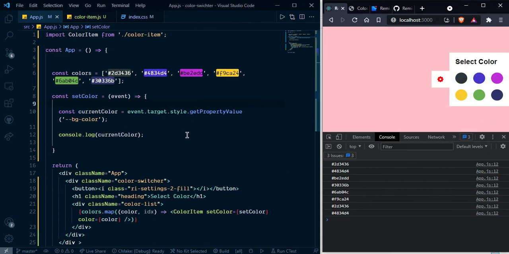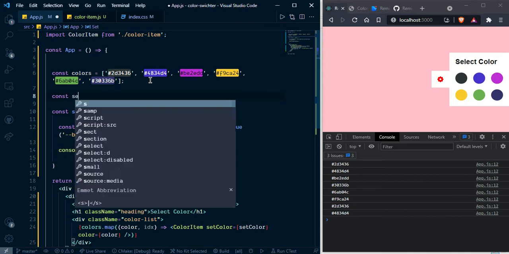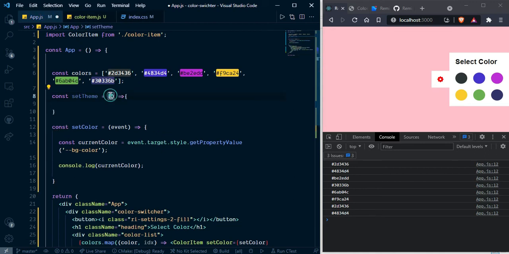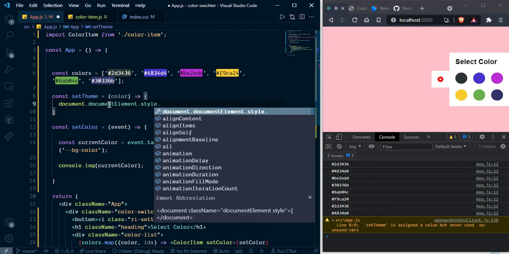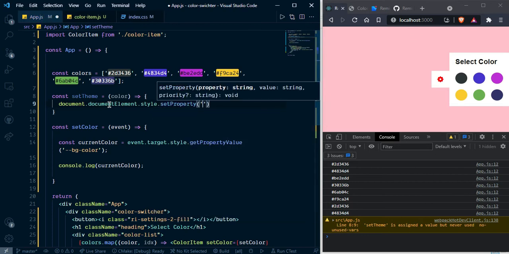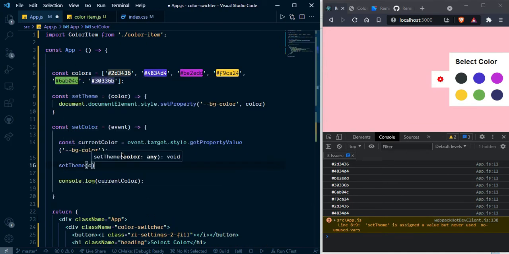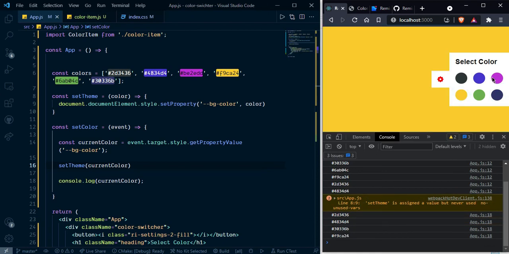Now it's working fine. Let's set the color. So I'm going to create here an arrow function, set theme, and I pass color and document dot document element style dot set property, and which one we need to change: busy color, and pass here color simply. And we need to set theme and pass current color. Now I'm going to click here and let's see what happened here. Now it's working fine as you can see,